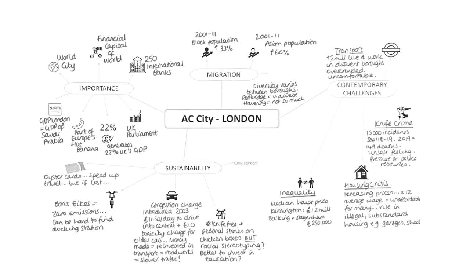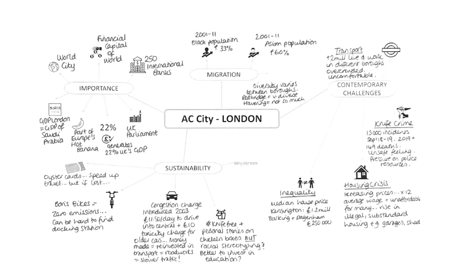That money made is then reinvested into transport. It has been incredibly successful in reducing congestion and reducing the number of cars coming in. However, that money being reinvested has been used to put lots of roadworks in, which has actually slowed down traffic, which is a bit ironic.